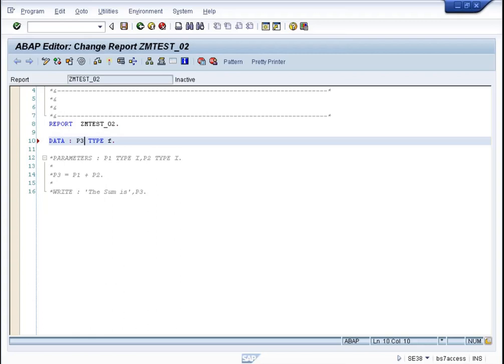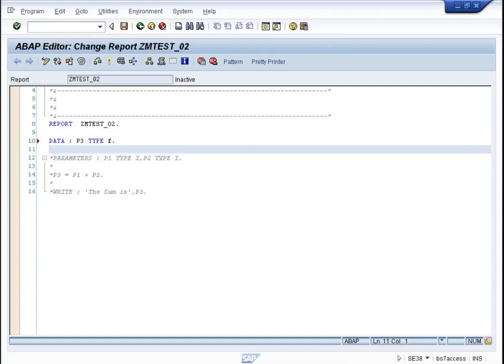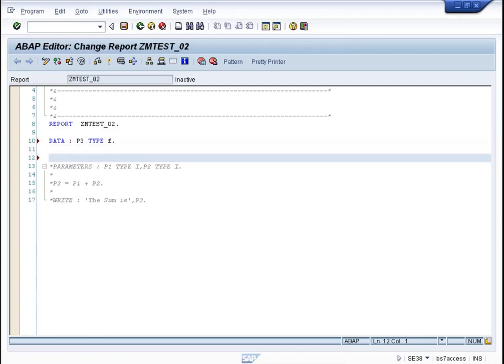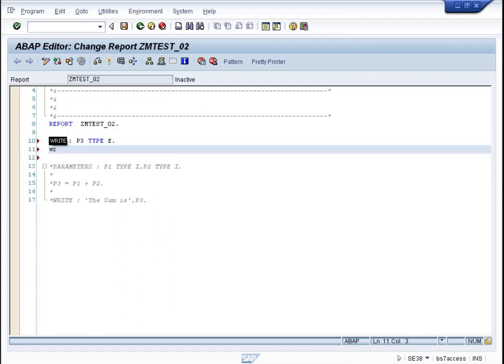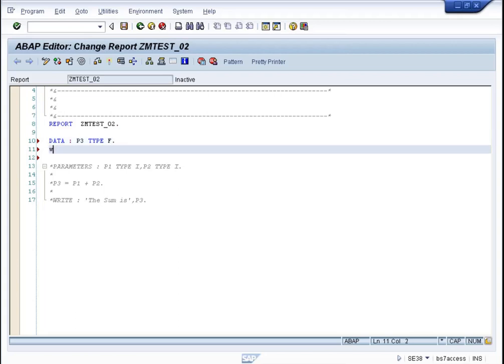So now the next thing is, I will say floating point, and F is coming in the small letter. It's not case sensitive. You can give a capital F also. Okay. So I will say write